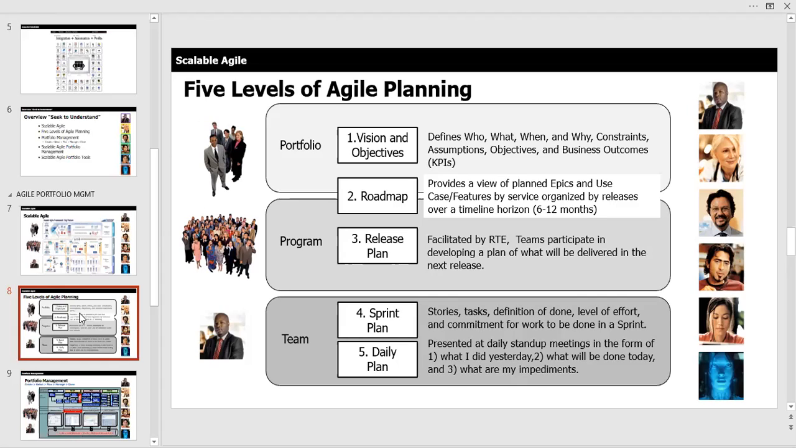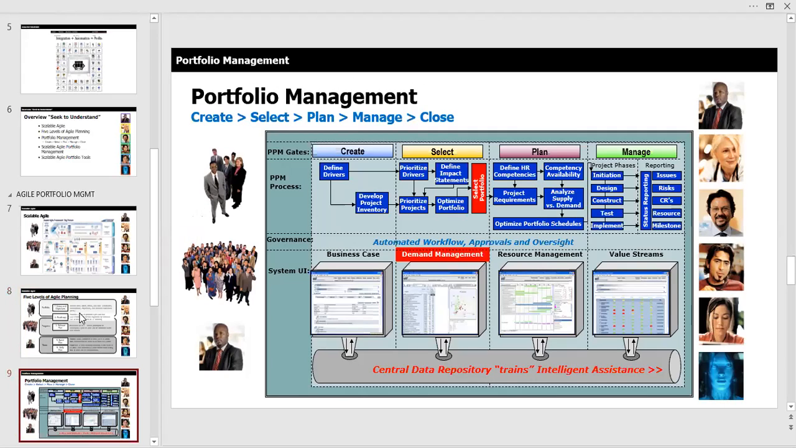So that's just in general the 5 levels of planning. Portfolio management is really a very broad, encompassing concept that really covers everything. So it's not just at the transactional level, it's the highest level to the lowest level. And